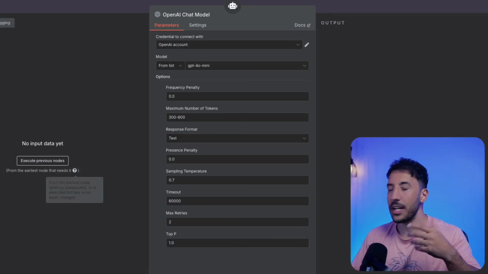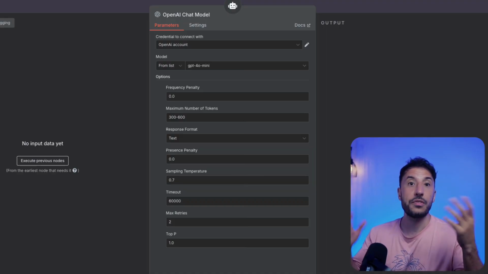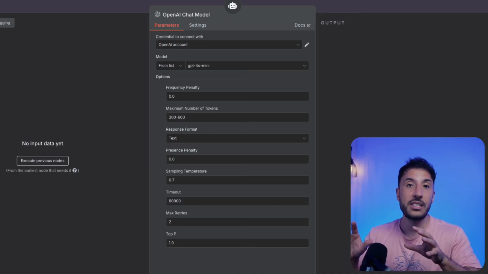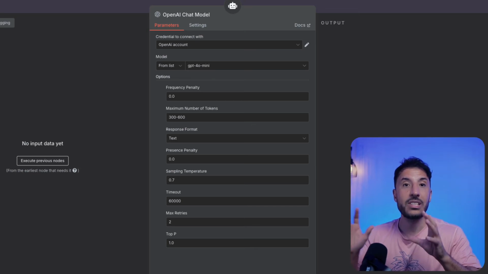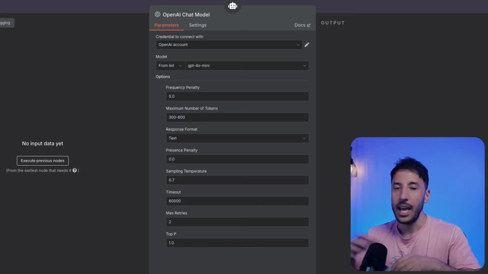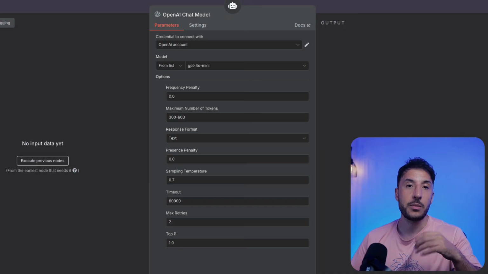All right, and the last one is called Top P. Top P is like narrowing down a pool of safe word choices. Top P sets a threshold, and you'd only use the most likely words until a probability sum is reached. What that means is, if your Top P is 1, anything goes. This is full randomness, basically. But if your Top P is between 0.2 to 0.4, the output would be ultra predictable, and this is safe